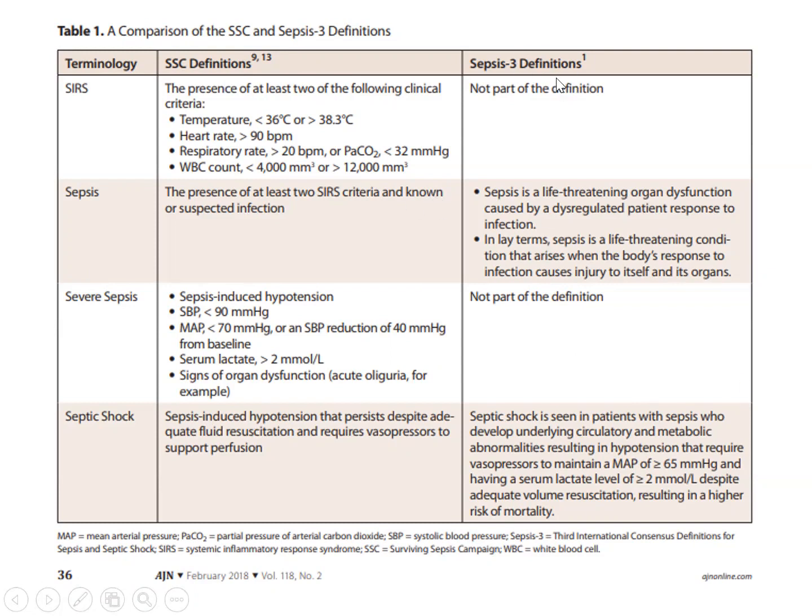So what does sepsis mean today? Sepsis is a life-threatening organ dysfunction caused by a dysregulated patient response to infection. In lay terms, sepsis is a life-threatening condition that arises when the body's response to infection causes injury to cells and organs. And the most serious picture is found in septic shock,